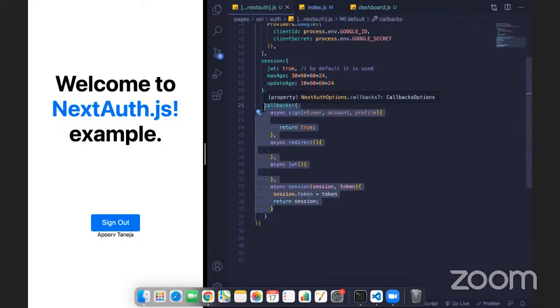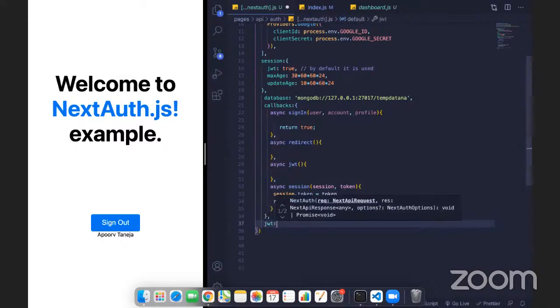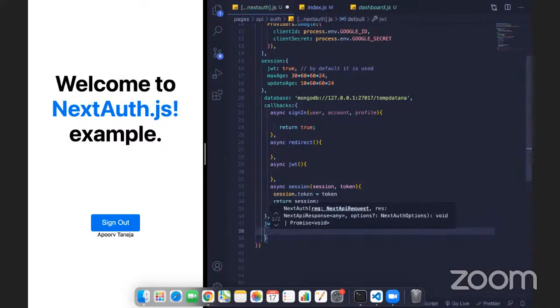And there's one more configuration, which is JWT. You can use JWT simply. It is basically used to make your JWT more secure. By default they are signed but not encrypted. The JWTs which are used in NextAuth by default are not encrypted. So you can use encryption here, and as you know, there are different hashing algorithms which are used here.